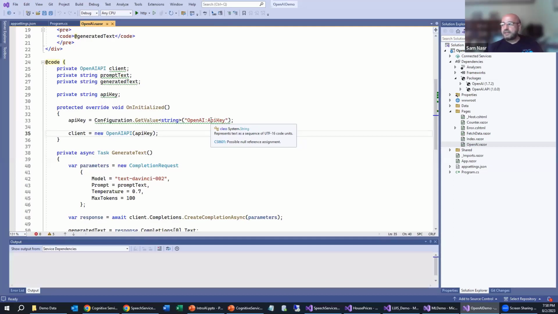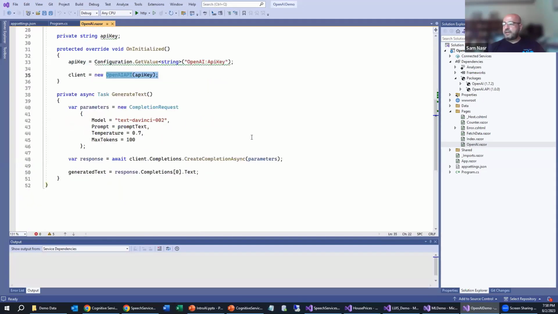And then from there, you can get the key and you're off and running. Once I utilize this key, then again, I'm able to make an API call. And once I get the results back, I parse it out. As we see here, we make an async call, and then we display the results into the text field.